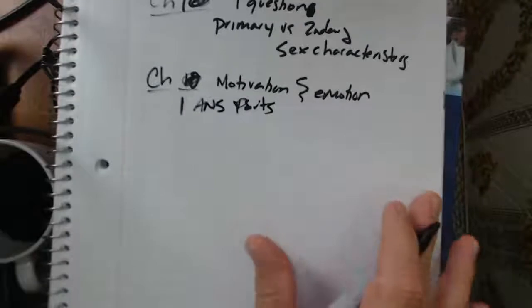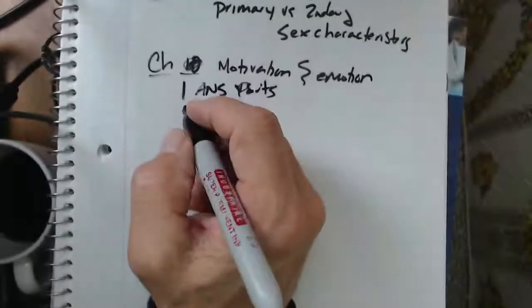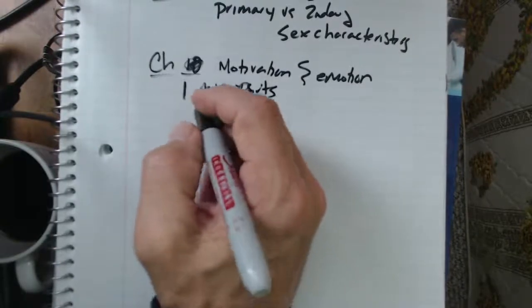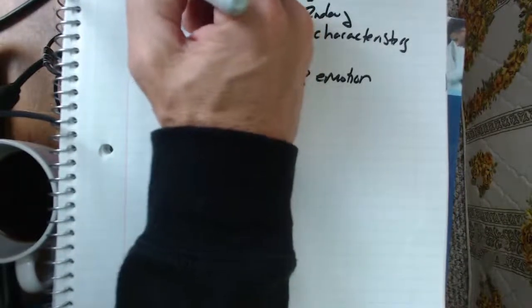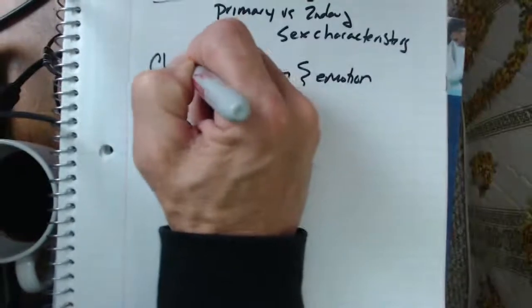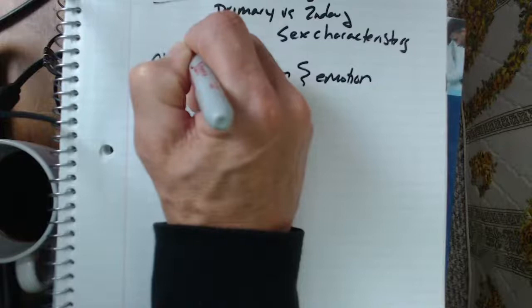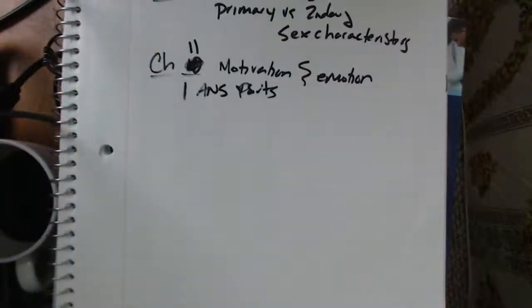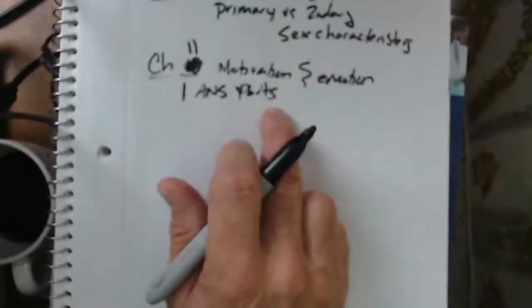Then there is, let's see, one question on, okay, so it's chapter 9. Chapter 10 is, okay. Then that means that chapter 11 is motivation and emotion, correct? I know I'm getting all confused here. All right, so let's see. 1 on the parts of the ANS,